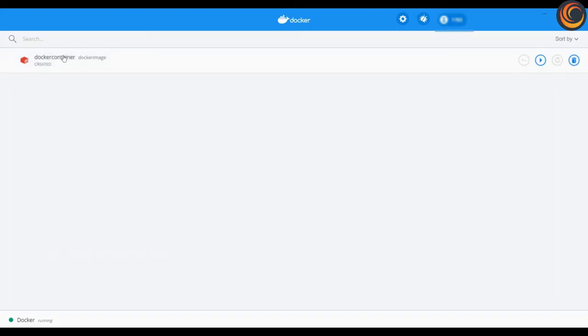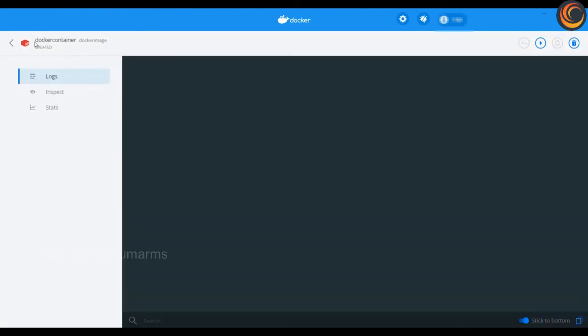You'll be able to see that the Docker container is already created, but it is not executing. It is not in the executed state. To execute it, you can just click on start, or you can issue the command as well. So right now I'm just going to click on the start button, and you'll be able to see that Hello World appeared on the console.